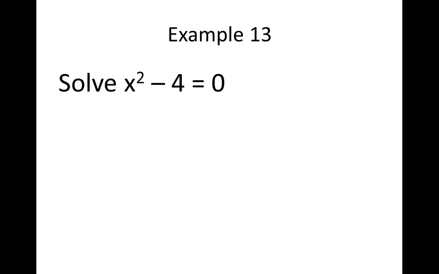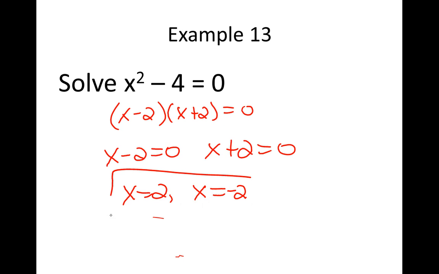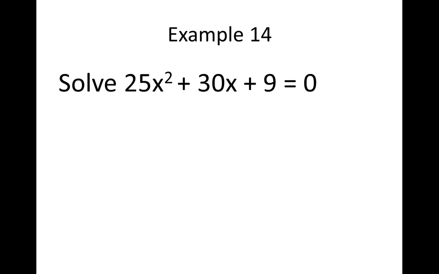Okay, solving equations just like we've done in the last few lessons. We can solve equations with this in exactly the same way. We'll just do a couple here. We'll factor that: x minus 2 times x plus 2 is 0, set each factor equal to 0, and then solve for x. X equals 2, x equals negative 2. So it's a difference of squares, very similar to the one we just did, which was